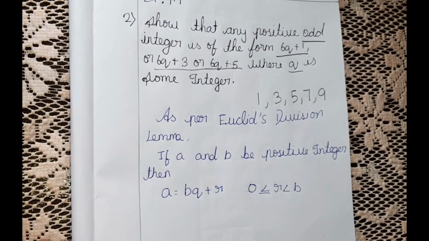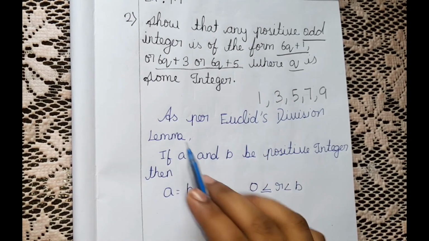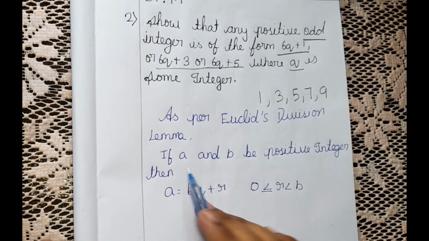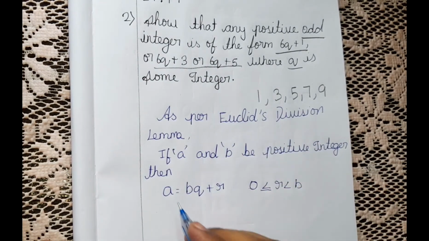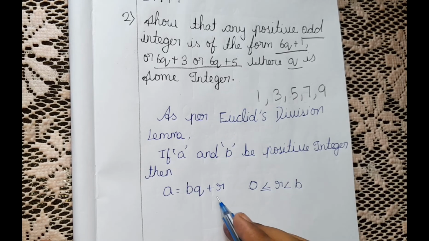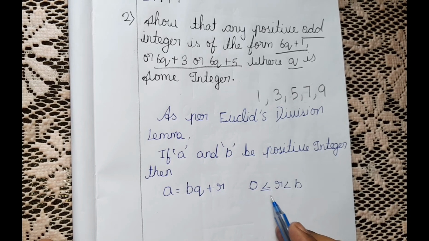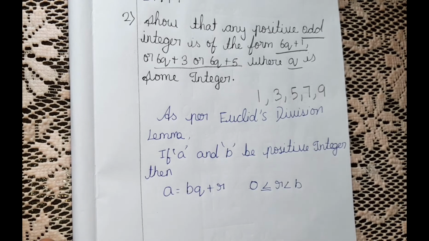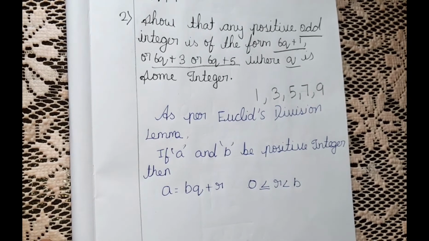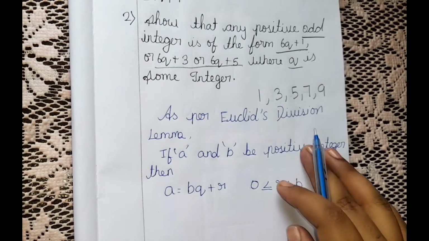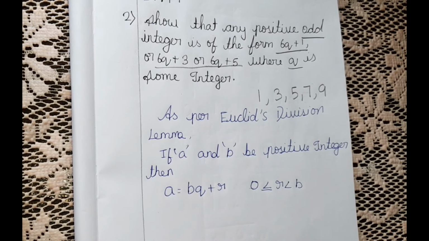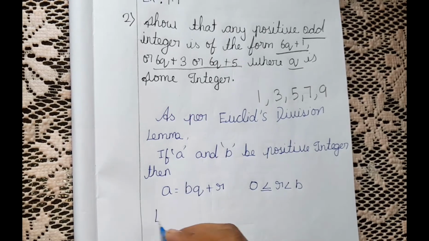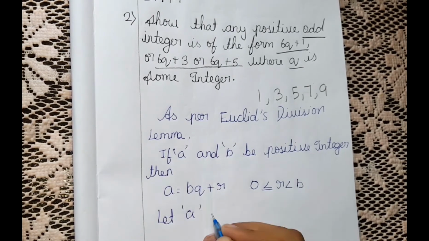Okay guys, we have applied Euclid's division lemma. As per Euclid's division lemma, if a and b are positive integers, then a is equal to b into q plus r, where 0 is less than or equal to r and r is smaller than b. So this is Euclid's division lemma. We just applied it and wrote its formula. Now we are going to replace the a value and the b value. So let a be an